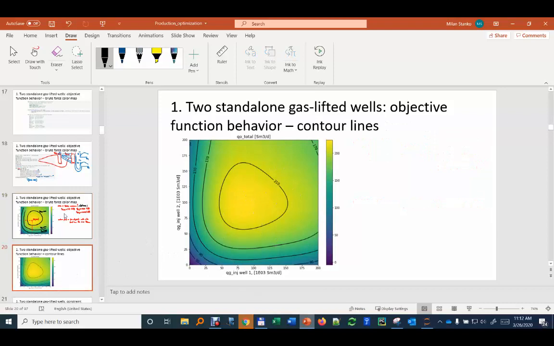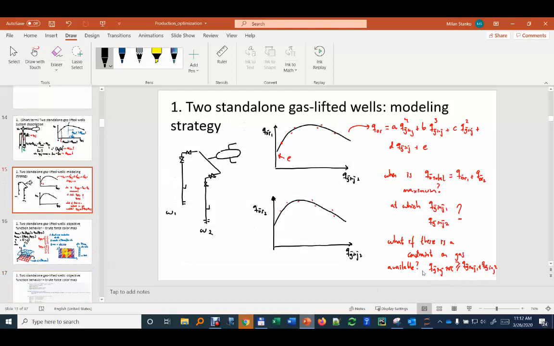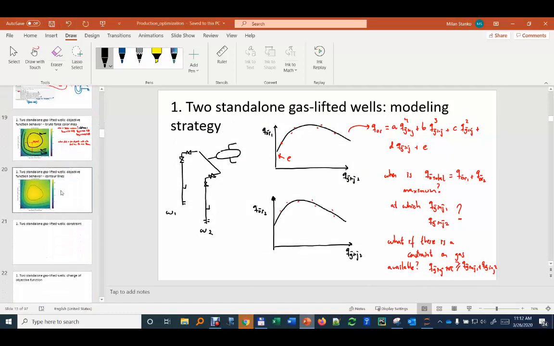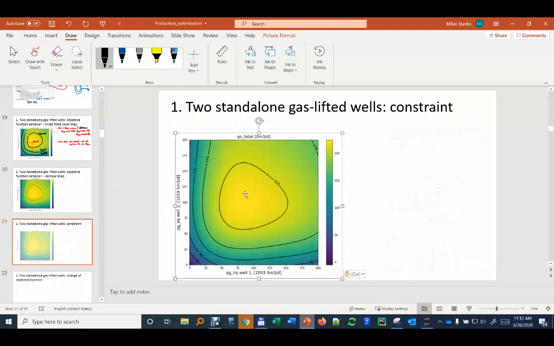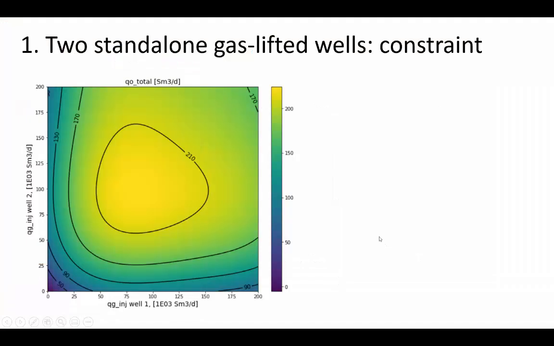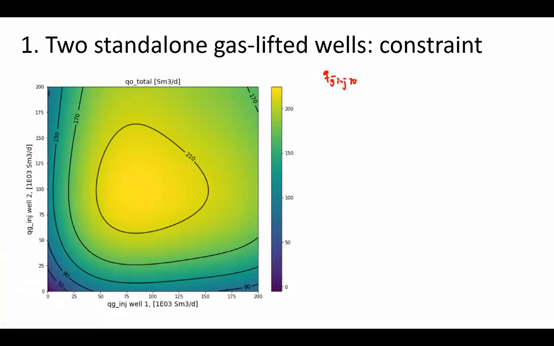Okay, so now I'm going to ask you what happens with the constraint. Remember, with this constraint we have here, that we have a total gas to inject. Let's see the effect of the constraint. Let's take the same chart, and I'm going to repeat it here, and I'm going to say what is the constraint. What about this constraint that Q gas injection total has to be, the sum of the Q gas injected in well 1 and the Q gas injected in well 2 has to be less than or equal to,